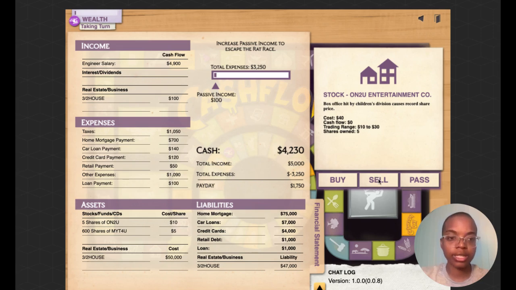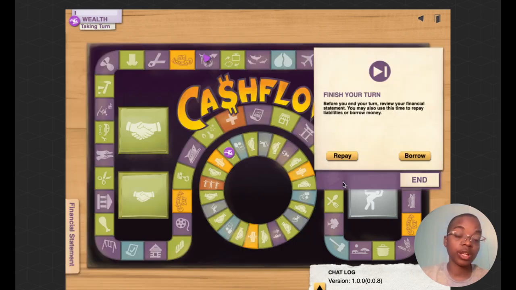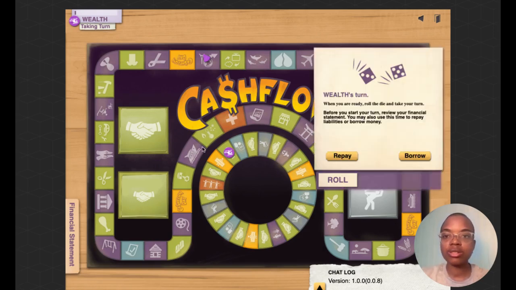And I'm definitely going to sell this because it's selling at a higher amount than its range and value. So if I sell all my shares, right, I'll make $200. Remember, I spent 50 and I'm making 200. So that's $150 profit right there. I'll take that all day, every day. In my turn,